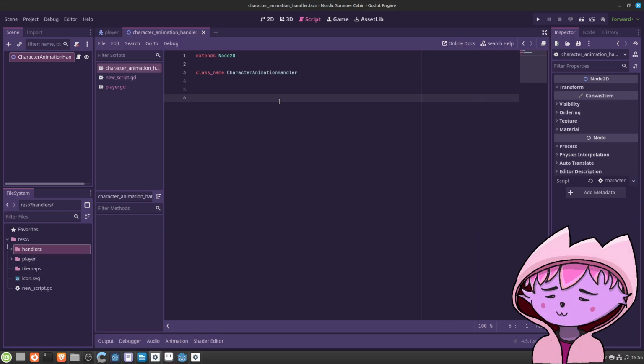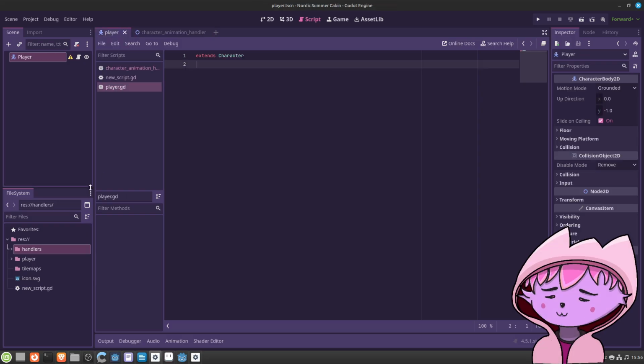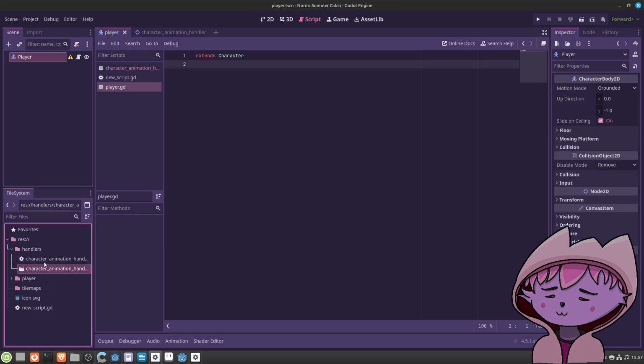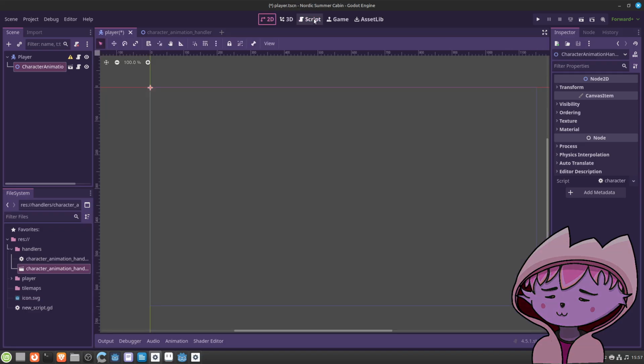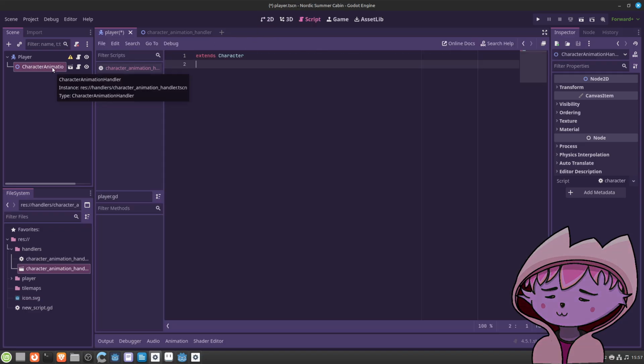So my idea for this handler is that it would, let's put it like, be the child of the player. This would have a bunch of sprites and animation players as children.